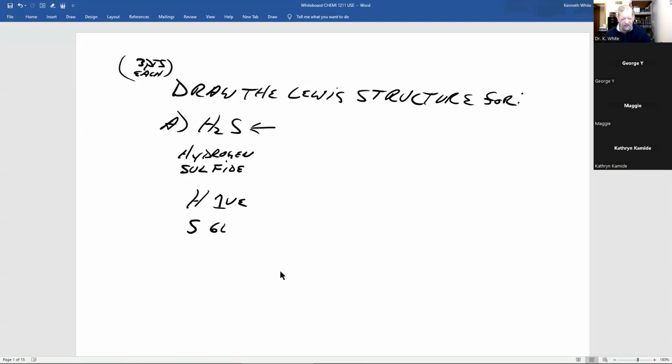And sulfur has 6 valence electrons. Well, the only way this is going to work is with sulfur in the middle. So I'll put my 1 there. Remember, for elements, you have 1 dot on each side, and then you'll double up. Now, this is the way organic chemists do sulfur, and I'm an organic chemist. You can do it different ways. And remember, there are two hydrogens.